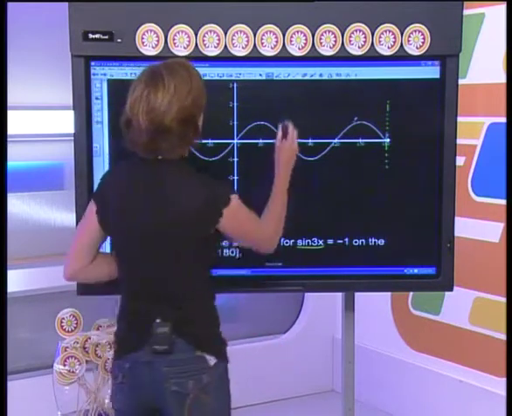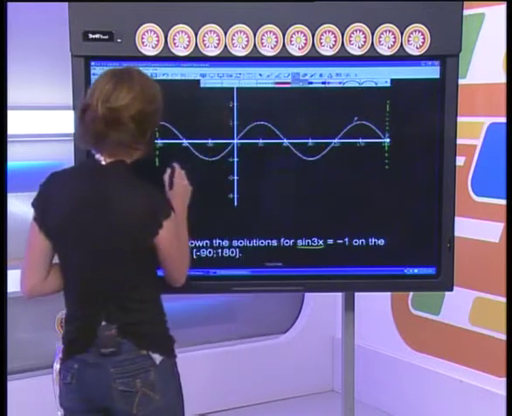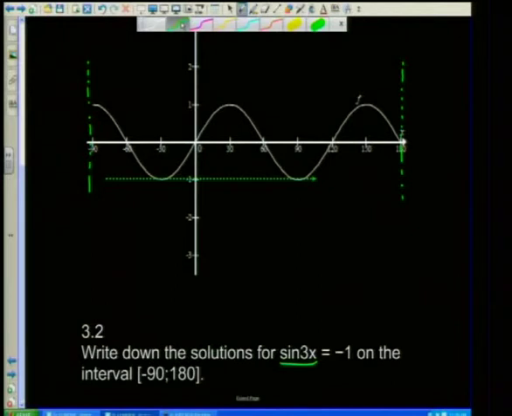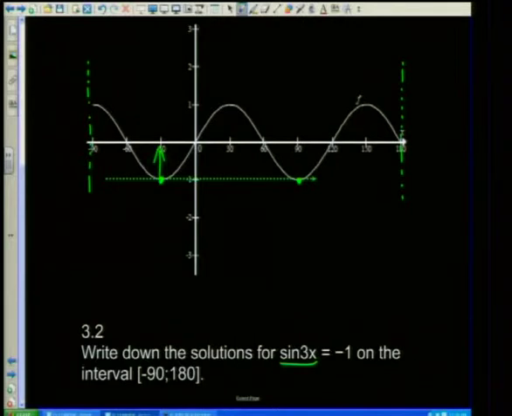Okay, what I want you to do is this. Take yourself a line, and I want you to draw it through the y-axis at -1. Okay, we can move that up slightly. There we go. Right. So where is it crossing the graph at the point where y is equal to -1? We have a point of intersection over there as well as over here. So where x is equal to -30, y is equal to -1. And where x was equal to +90, y was equal to -1.